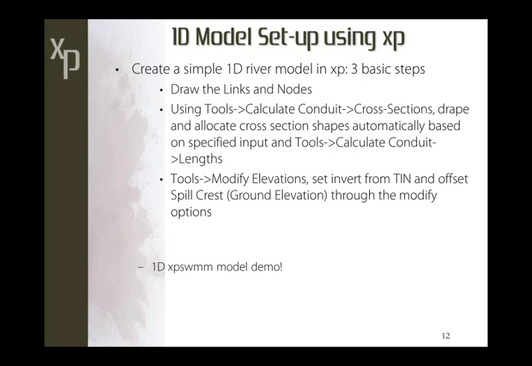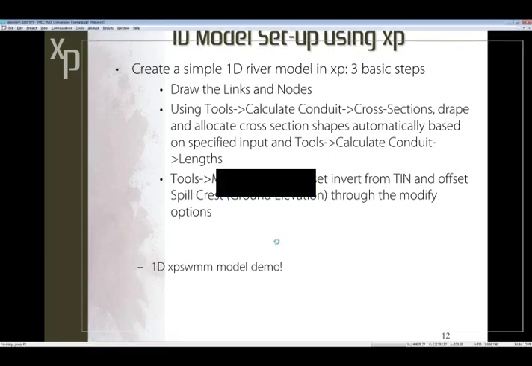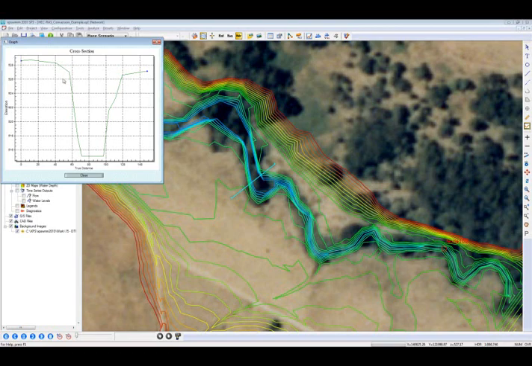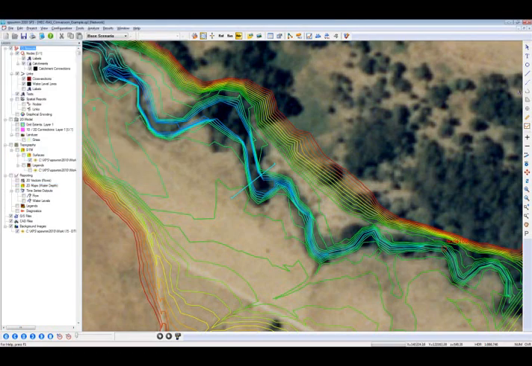Now I have a little demonstration here we can take a look at. I have an XP model, which I've already imported a background image and a TIN. I will show a drape of the TIN so we can see that it does have a well-defined channel profile. As I had said before, we can start the model by drawing